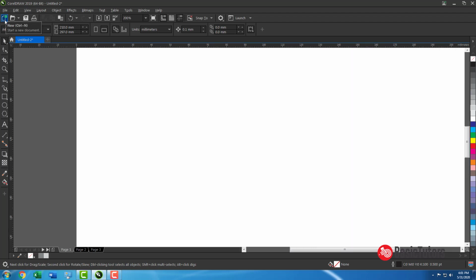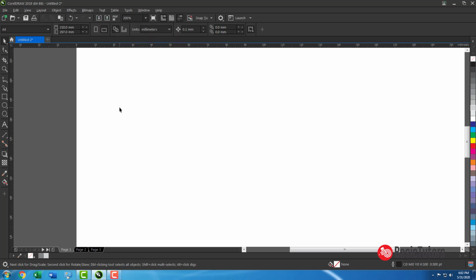See, this is a standard toolbar which contains the normal tools like every other application has. For example, this one is for creating a new document and opening an already existing document, like saving, printing, and then this is for our normal editing operations like cut, copy, paste, undo, redo, and then importing and exporting things are here.